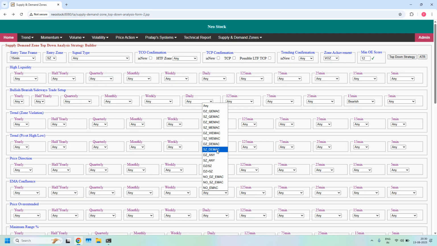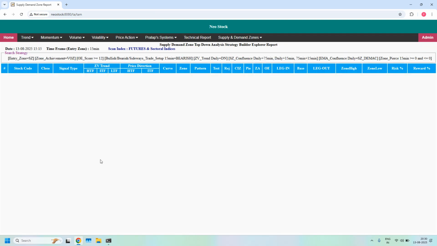Daily supply zone with daily EMA confluence. And also trend on the daily should not be sideways. It should be downtrend because it is a bearish trade setup. So none of the stocks, so we don't have any high probability trade setup supported zone based on this strategy. So this is about